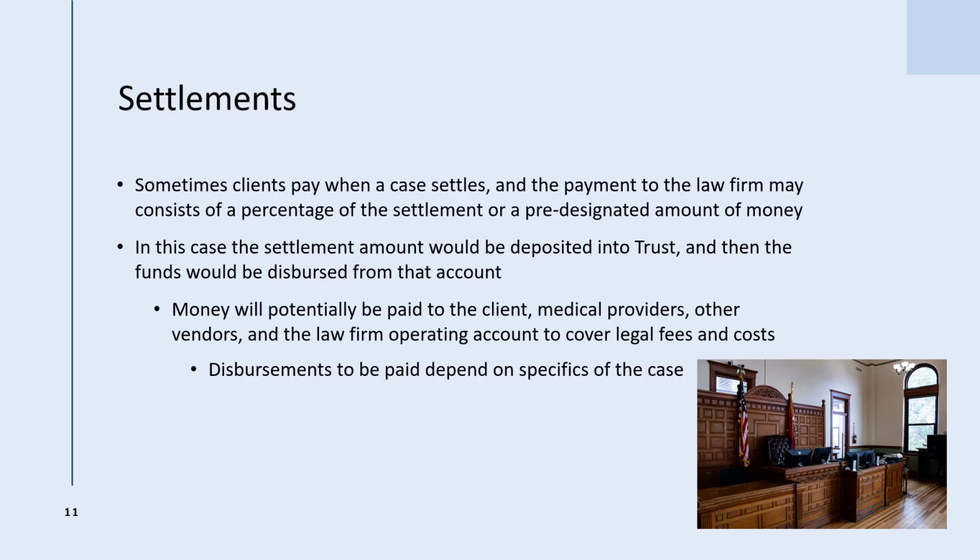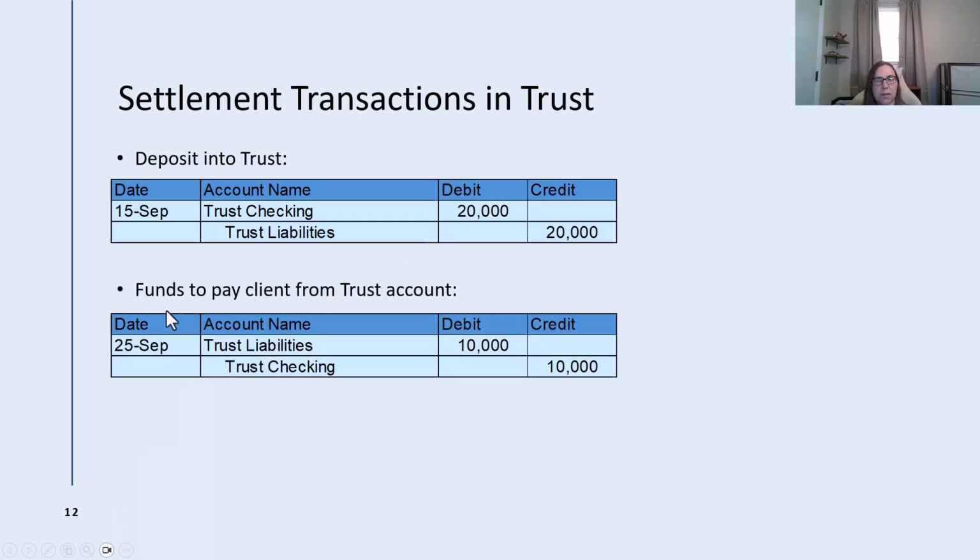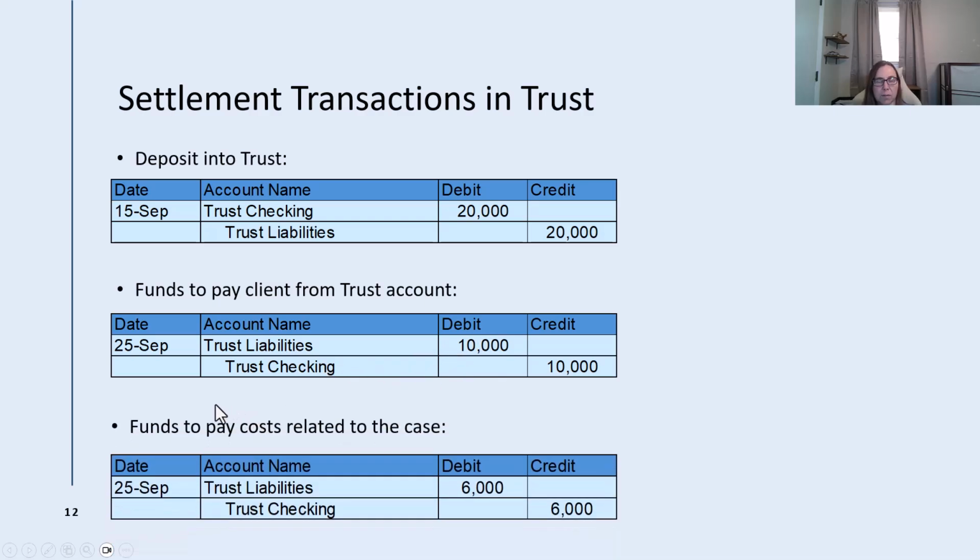But the entries into trust and out of trust would be the same. As money is put into trust, in this example, $20,000 was put into trust as a potential settlement amount. Some of those funds might be used to pay the client for their portion of the settlement. Let's say they were paid $10,000 of that. And then some of the funds would be used to pay any costs related to the case. So if it was a personal injury case, it could be to pay the medical providers or something along those